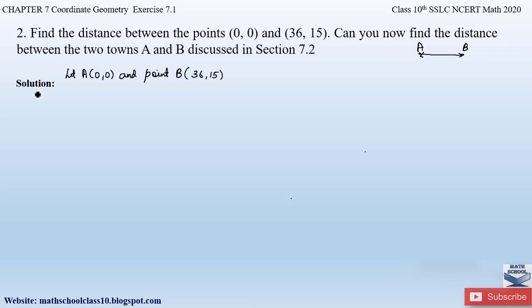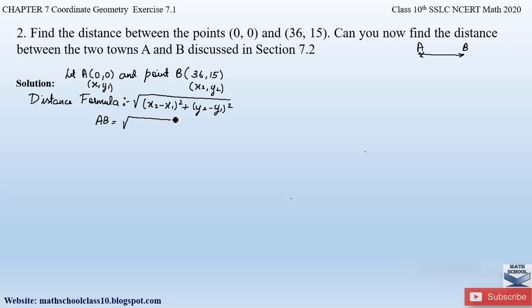Now let us apply the distance formula, which is given by square root of (x2 minus x1) the whole square plus (y2 minus y1) the whole square. So here, given the points A and B, we have to assume any one of the points to be (x1, y1) and the other point to be (x2, y2). So here let us assume the first point A to be (x1, y1) and the second point B to be (x2, y2), right? So applying the distance formula, the distance AB is equal